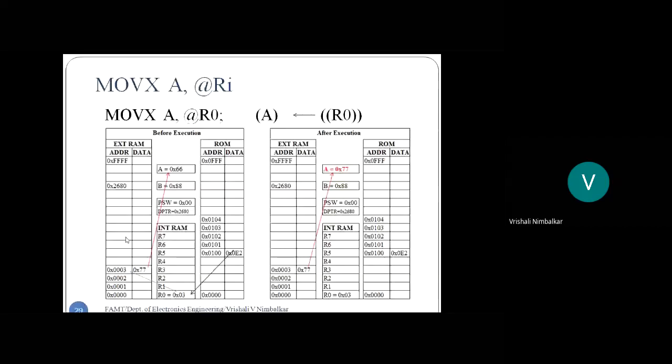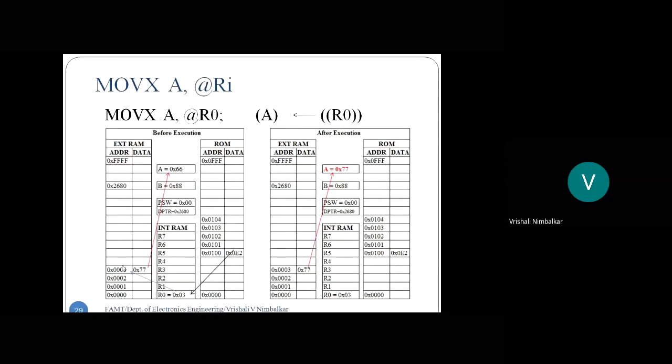Correct? How far? What will be the last address I'll go to? 00FF. And after 00FF, the next address will be 0100. This means the third digit is getting changed. So how far can I use this instruction MOVX A, @R0? Only till the lower 2 digits change. The upper 2 digits do not change. Right? Specifically, I can use this instruction till the address where the upper 2 digits will remain 00.